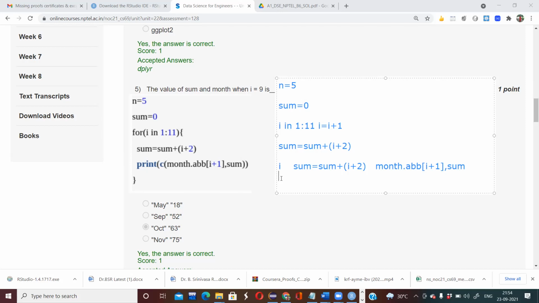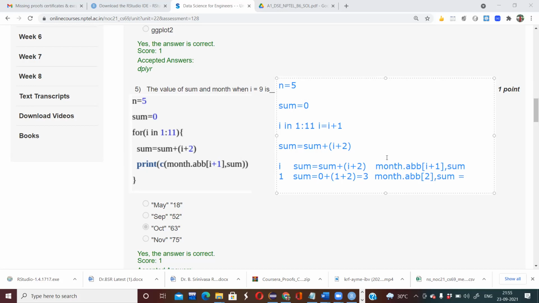So I is 1 initially. Let's calculate. Sum is 0, 0 plus I is 1, 1 plus 2 will be 3. Sum equals 3. And month.abb, ABB is nothing but abbreviation. So month.abb of I plus 1 will be 2, comma, sum.